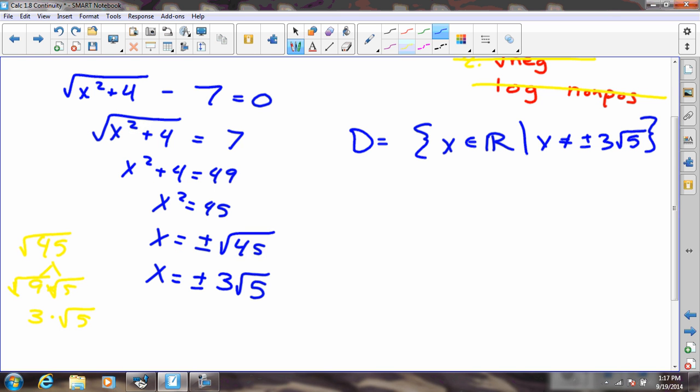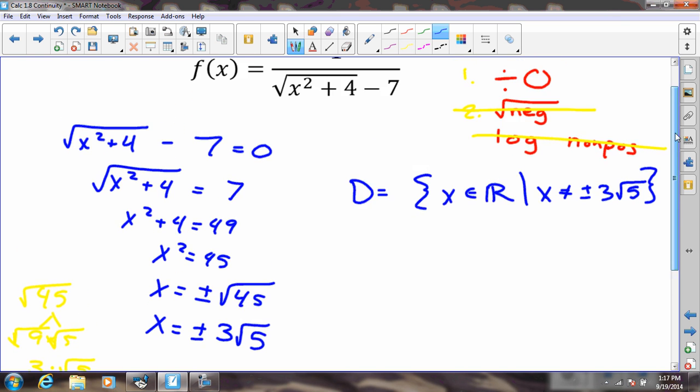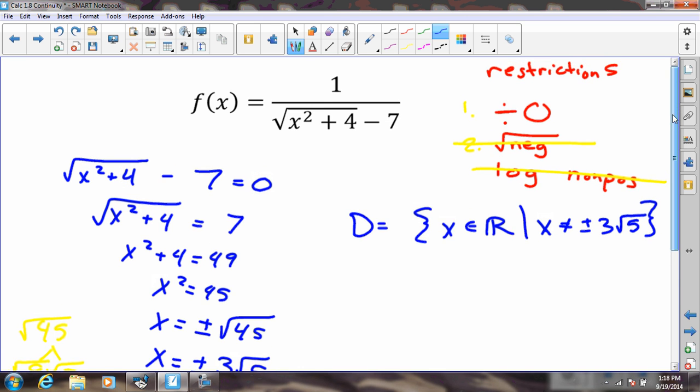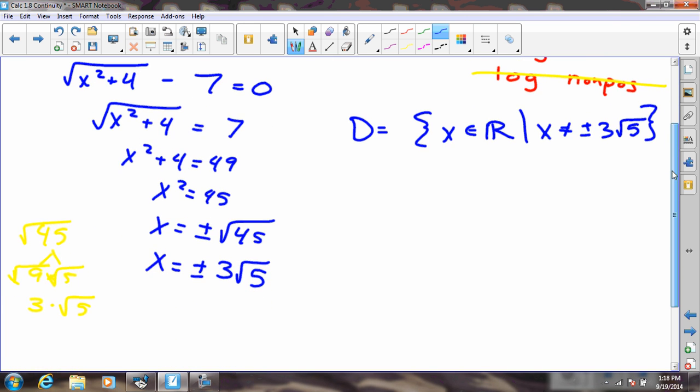Since this is the domain, this is also where it is continuous. But we would like to be able to have the intervals. Well, to set up the intervals, we'll start at negative infinity and come up to the smaller of them, negative... Oh, I started writing it wrong. Negative infinity up to negative 3 times the root of 5, unioned with,